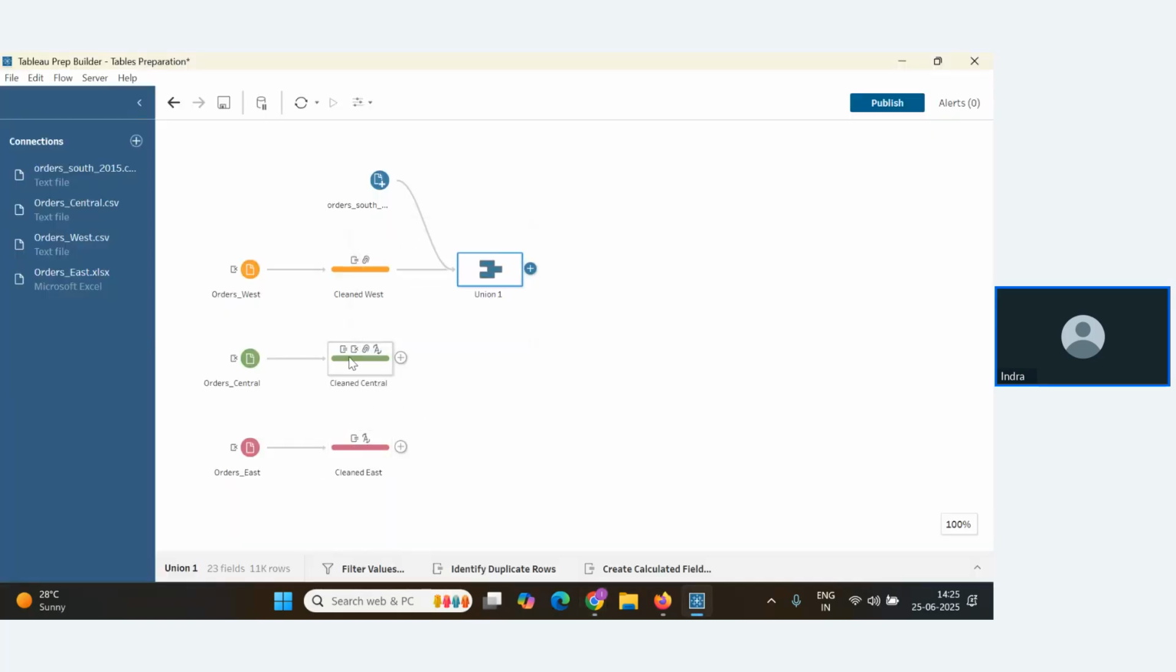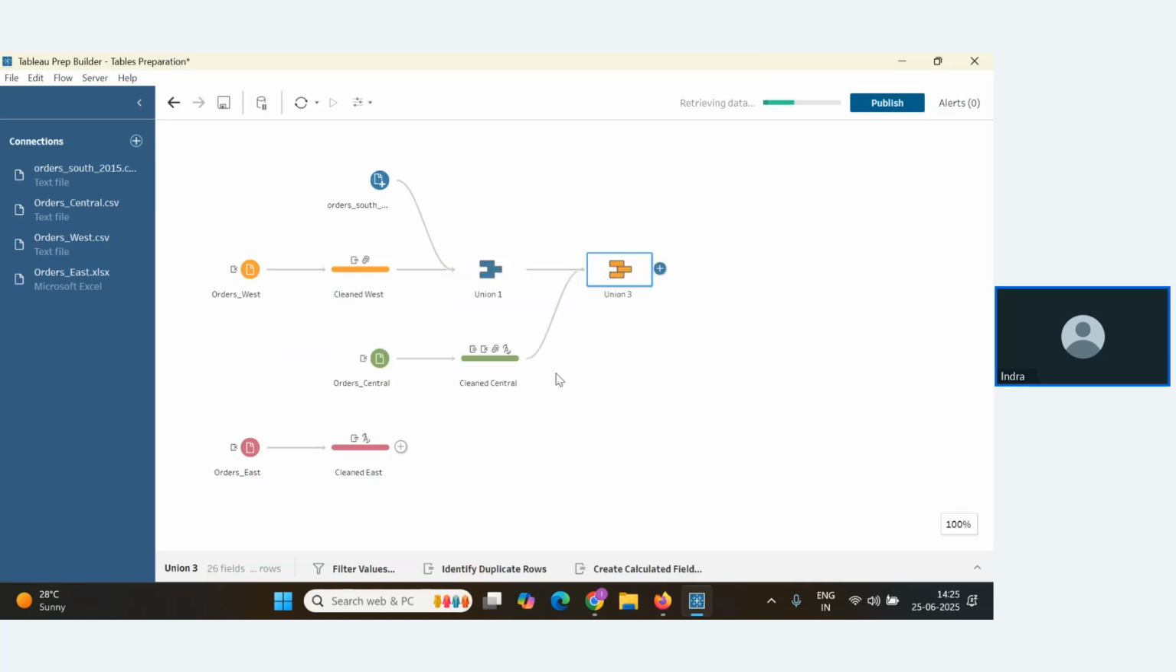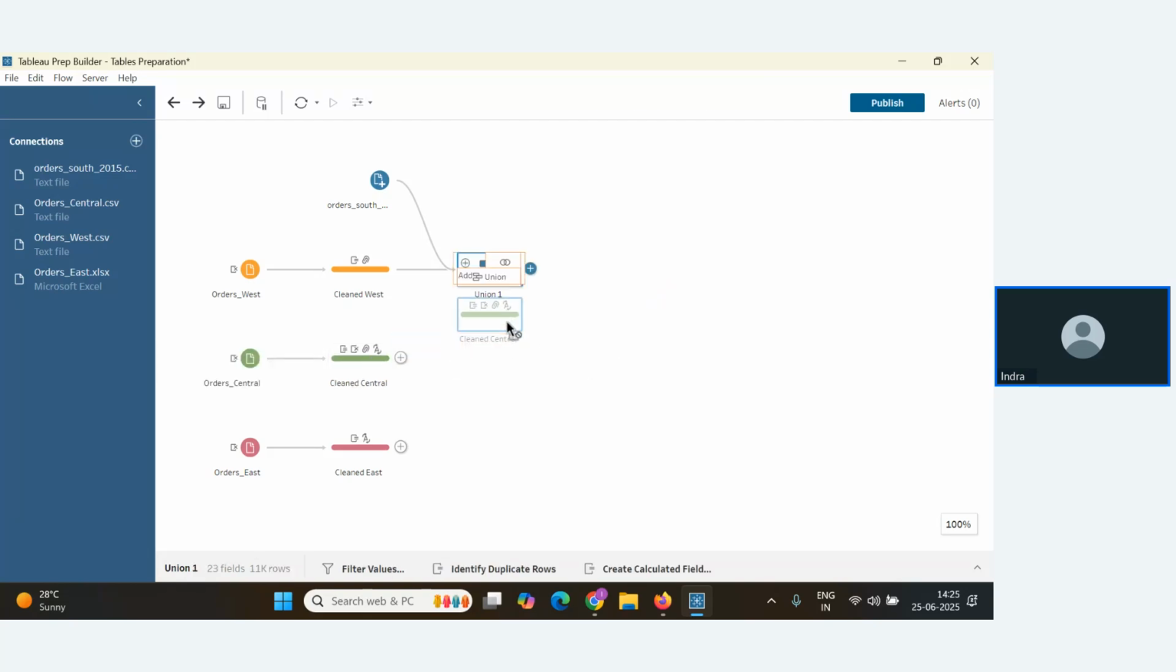Next, similarly, I want to perform the union operation between this existing union and the other tables also. What I want to do is add this particular table into the existing union. If I hold and keep it towards the union box, I'm getting three options: add, union, and join. If I perform union, it will form another union, which I don't want. So I'll remove this. I have to keep it towards the union, and you can see there is a third option called add. You have to drop it on the add